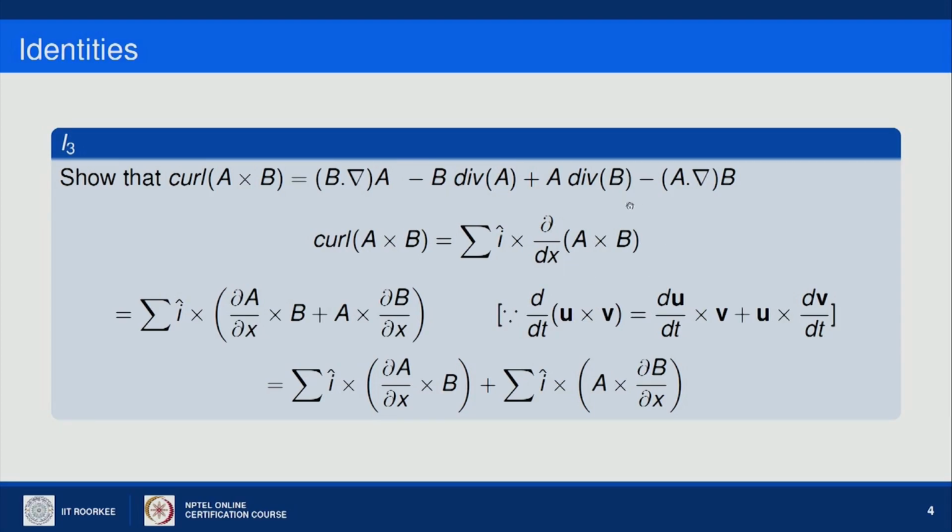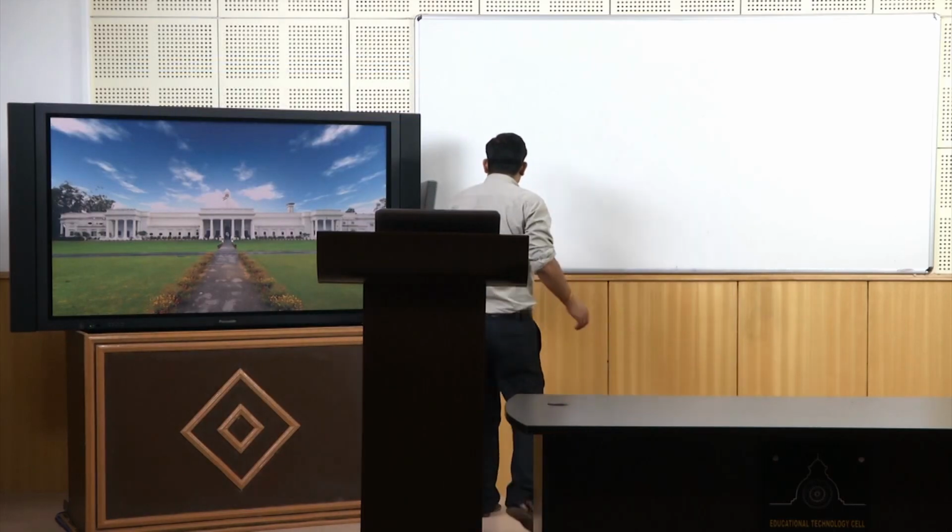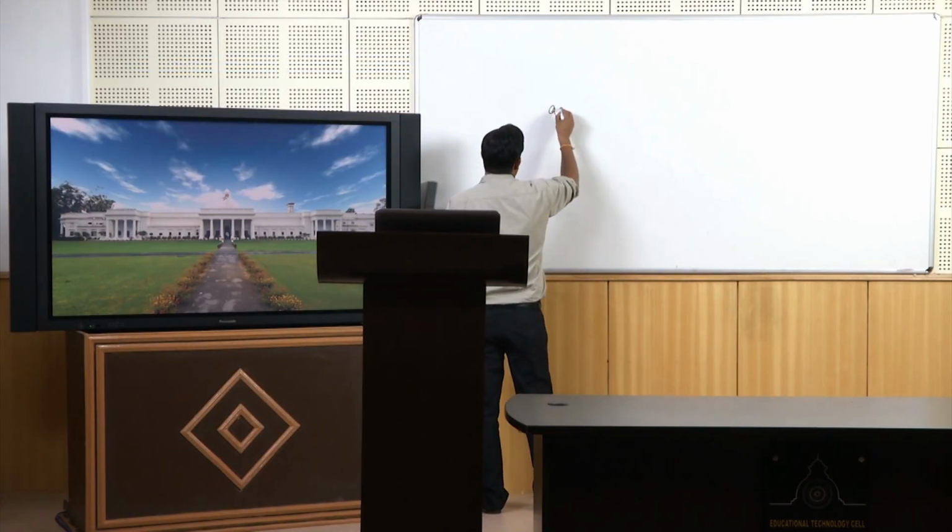Now, again using the same property which we have used in the earlier example, that d by dt of u cross v equals du over dt cross v plus u cross dv over dt, this can be written as I cross del A over del x cross B plus A cross del B over del x. Now, again like in the earlier identity, I will break it in two terms: one is I cross del A over del x cross B, plus I cross A cross del B over del x. And now, I will use the property of vectors which says that